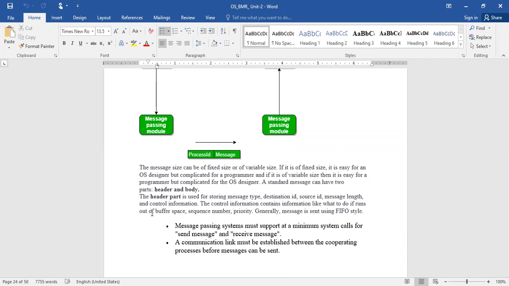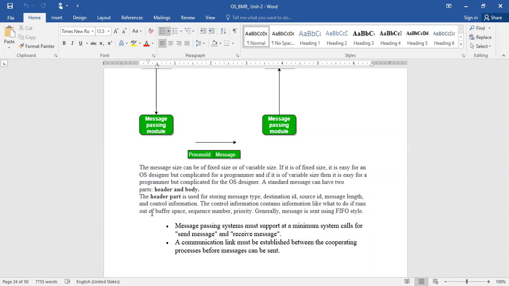A standard message can have two parts: a header and a body. The header part is used for storing the message type, destination ID, source ID, message length, and control information. The control information contains what to do if it runs out of buffer space. Suppose your buffer space is 1 KB and you are running with more than that, what has to be done?